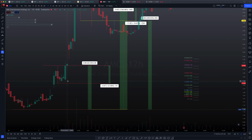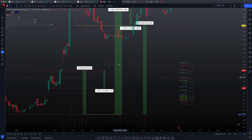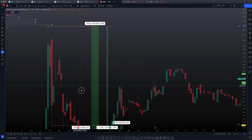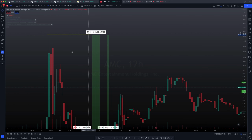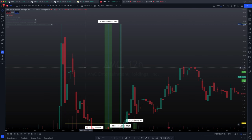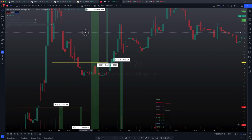The run from this, you can see this candle had massive volatility. The wick low came all the way back down to a similar level of the 21.56% loss. The next run up was the interesting one that everyone talks about, right? That was a 1,240 spot, 96% run to the upside. Now, the next day, literally the next day, we actually faced a sell-off and a pullback that eventually led